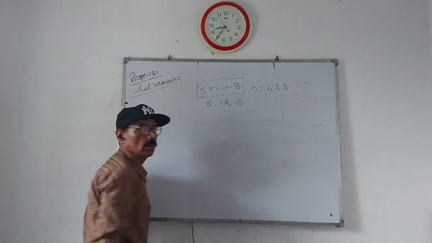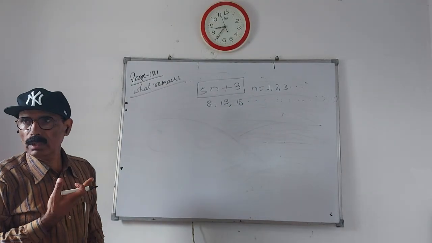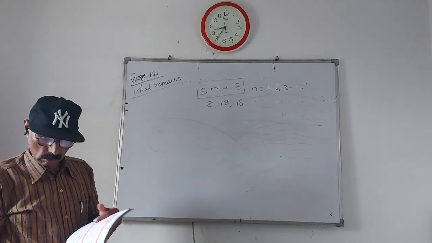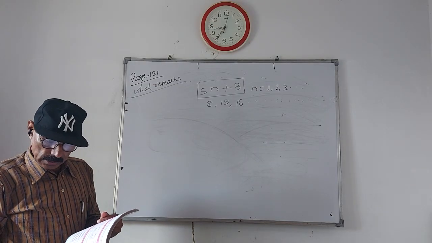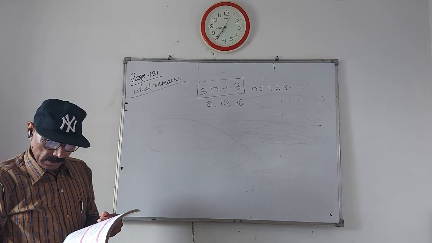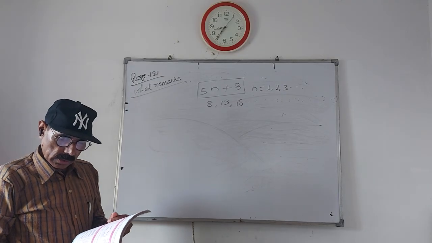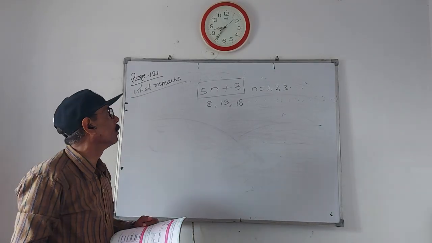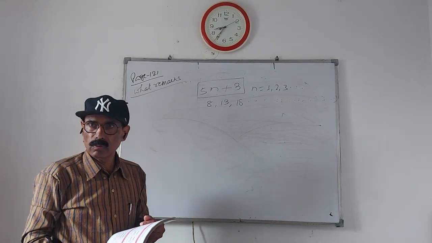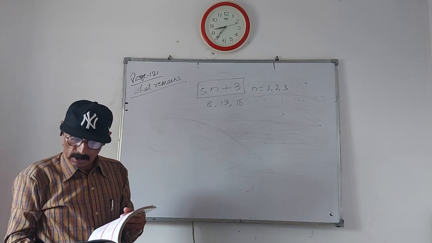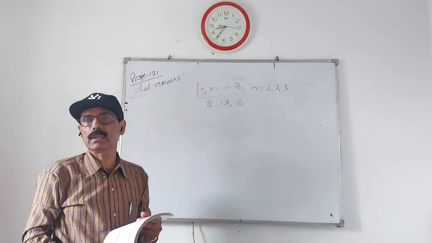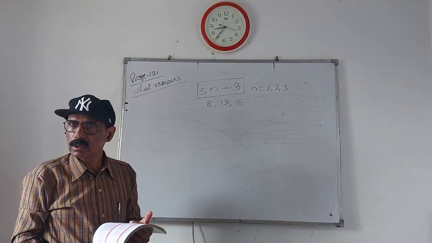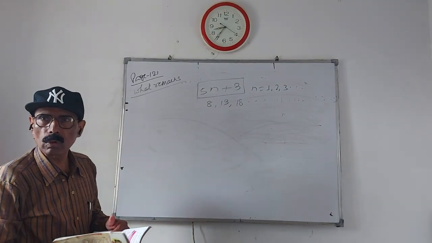Like this the numbers will continue. So many numbers you can write. So easy. Which algebraic expression captures all such numbers? All such numbers means this number, 5n plus 3, whatever we have made. Here in the options, in place of n, k is given. So 5k plus 3.